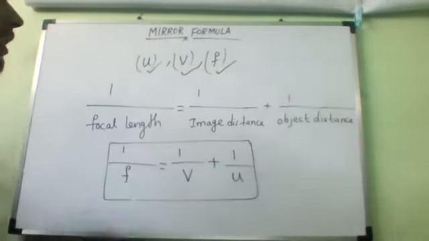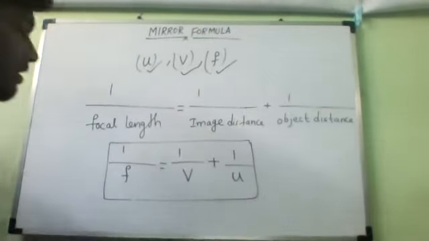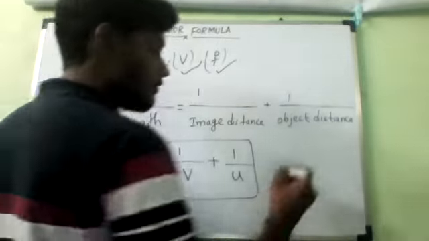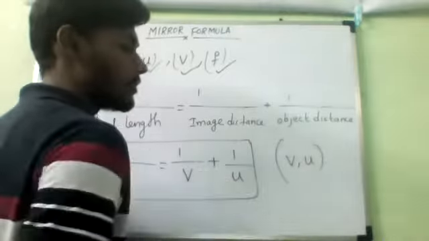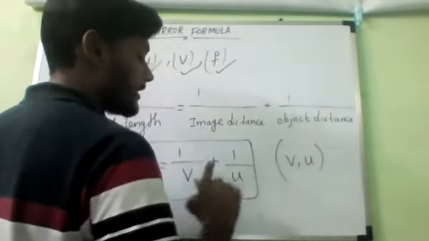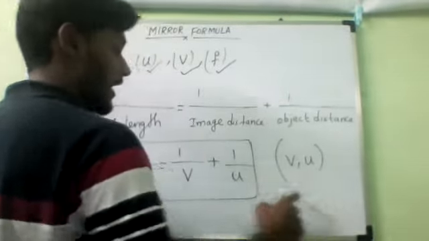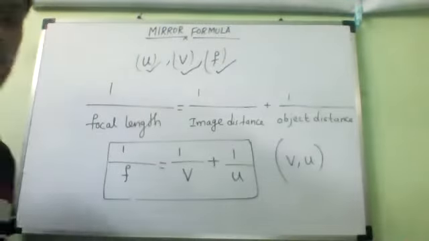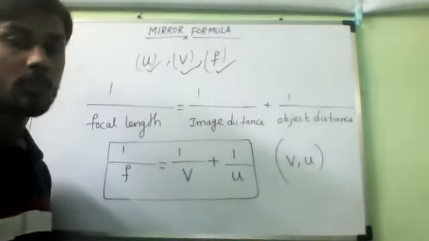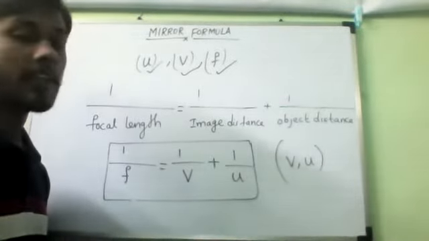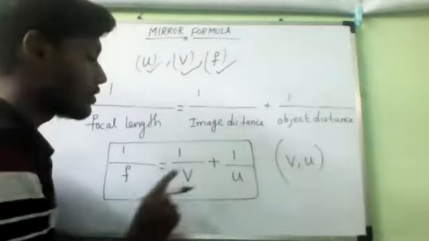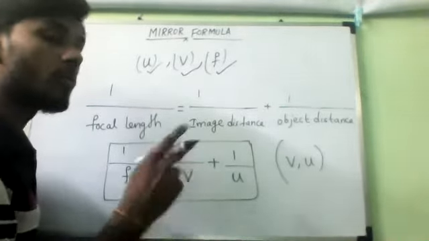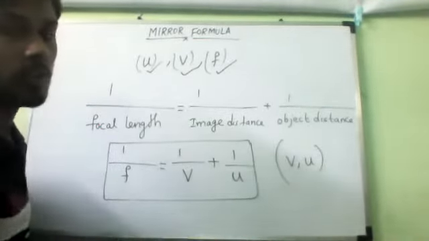Mirror formula. So remember, we will use this formula when they have given object distance as well as image distance. That is also you should remember. When they have given object distance and image distance, then directly we have to use this formula. All of you should remember that. You will find that in the given data, image distance and object distance both are given. You should take this formula. If not, two more formulas we will write from this. That is you should take.